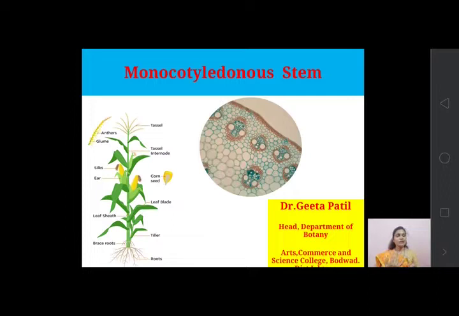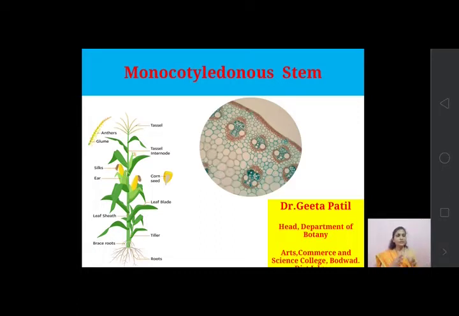First, the outermost protective covering, that is known as the epidermis in case of stem or epiblema in case of root. Then the next portion under the epidermis is the cortex area. The cortex may be homogeneous or heterogeneous. Then the third part is the stele, that is the vascular tissues, present at the center. What type of vascular bundles or vascular tissues there are, and how they are arranged, may vary with the different organs of the plants.